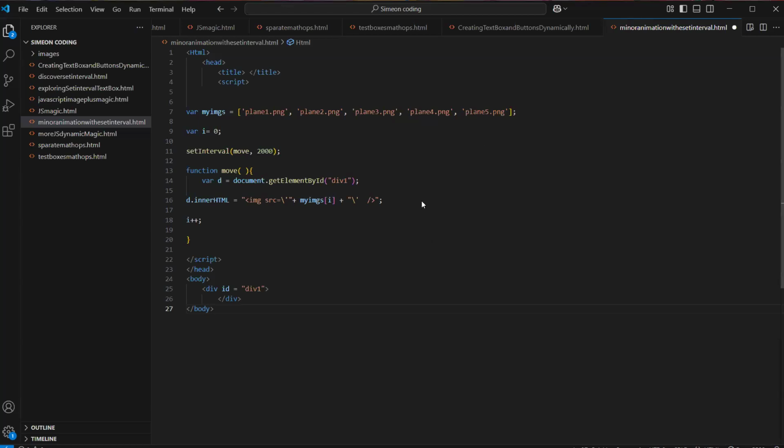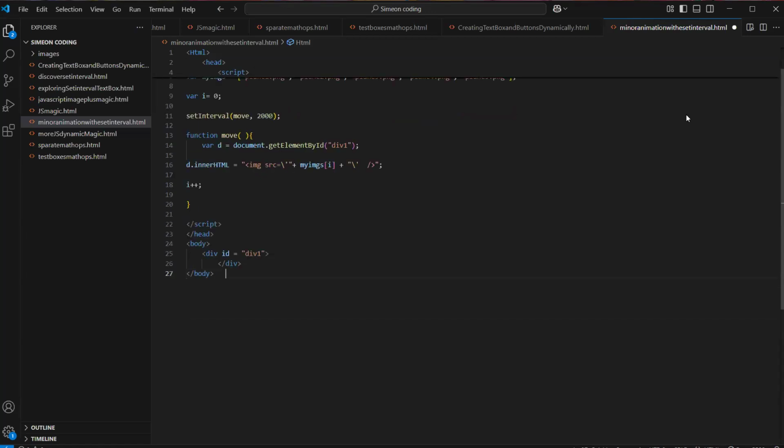I think there's something that I needed to do there. There's something that's missing. Wait, let me send you something. You know that our images are inside an images folder, right?